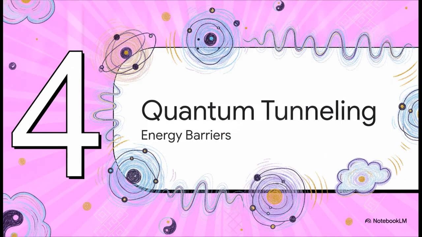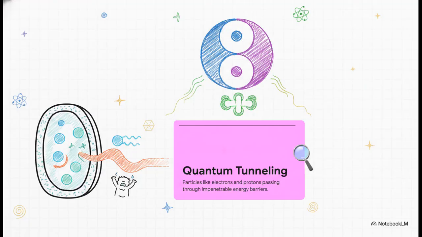Section 4. Tunneling through energy barriers. To really grasp how we produce energy efficiently, we have to zoom way, way down to the subatomic level. Because inside your mitochondria, energy production isn't just basic chemistry, it actually relies on quantum mechanics, specifically an incredible phenomenon called quantum tunneling. Classical physics says a particle needs a certain amount of kinetic energy to physically climb over a